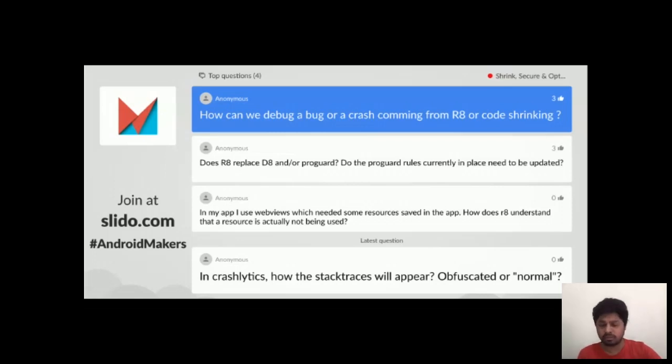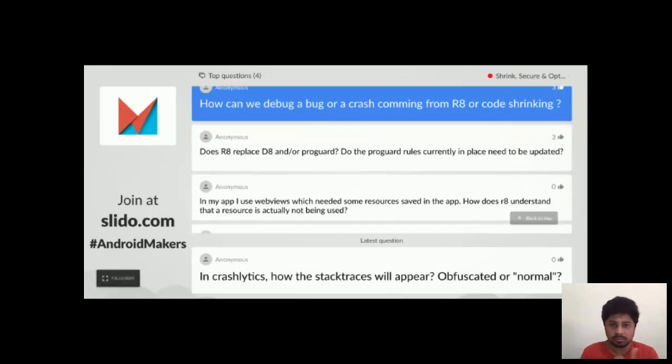You just go to a terminal and write java -jar and the jar file name. It will run and ask you for the mapping file that you created while building your application, and you copy and paste the stack trace in the box present there and just retrace it. It will deobfuscate the stack trace using that mapping.txt file.